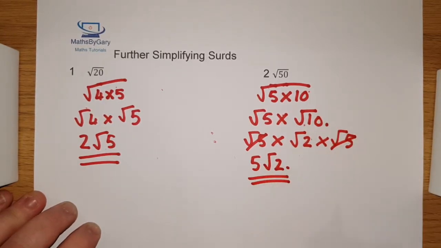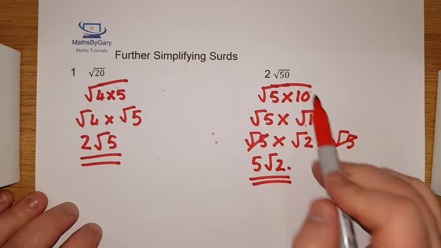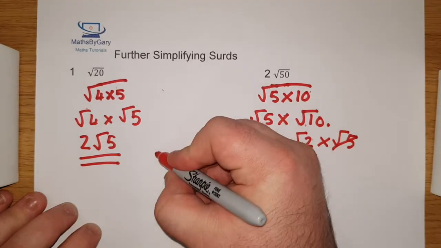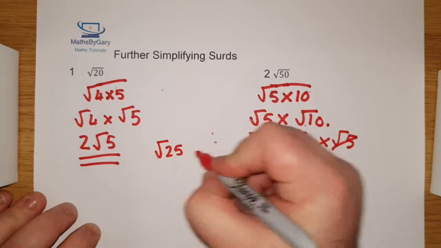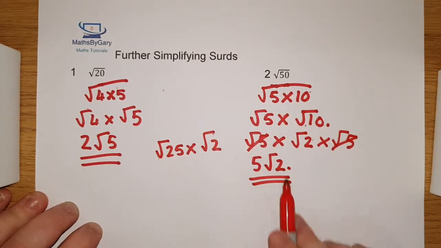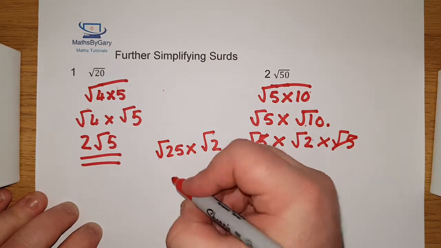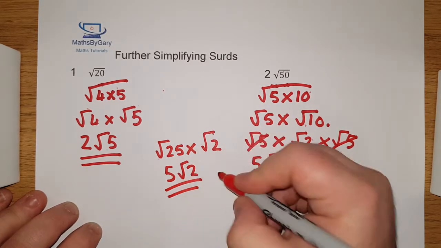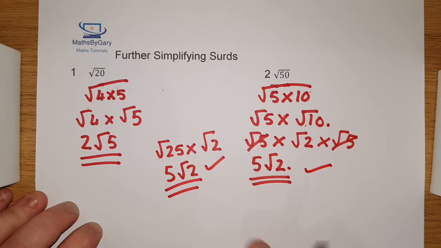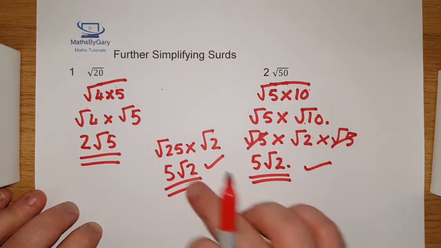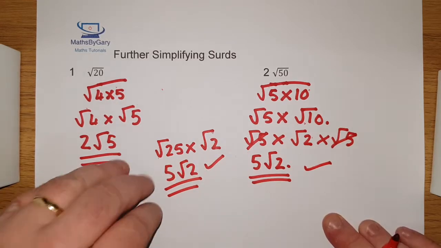Now there are other ways to do this. If you had noticed that root 50 could have simplified down to root 25 times root 2, you could have saved yourself a few lines of work by noticing that root 25 is 5, giving 5 root 2. So there you go, exact same correct answer, but there's more than one method to do it. So when you're simplifying surds, keep an eye out for some time saving